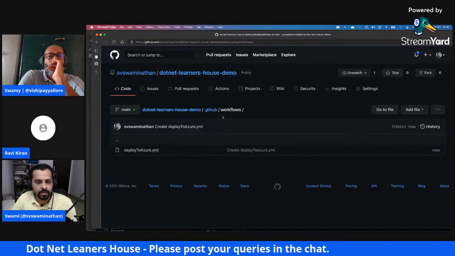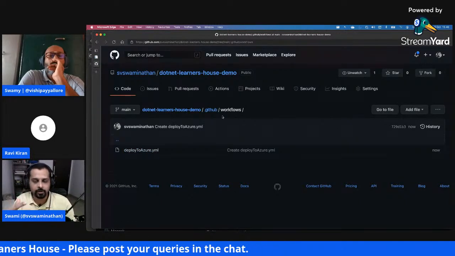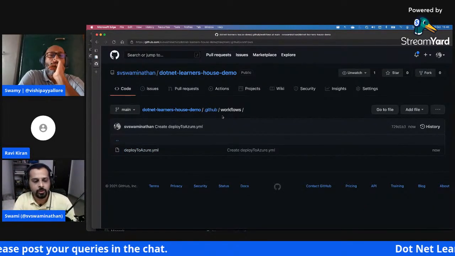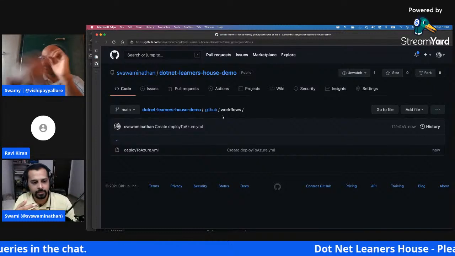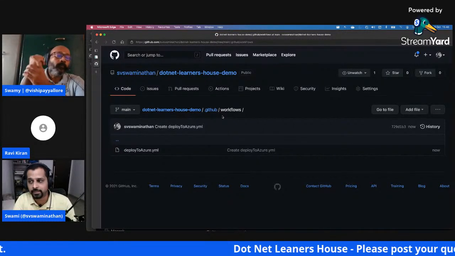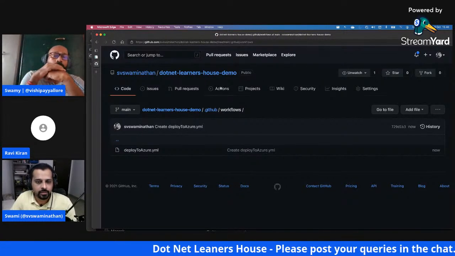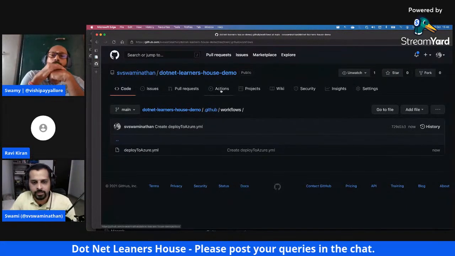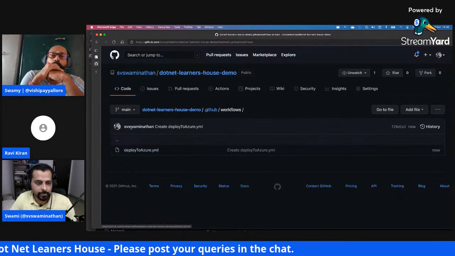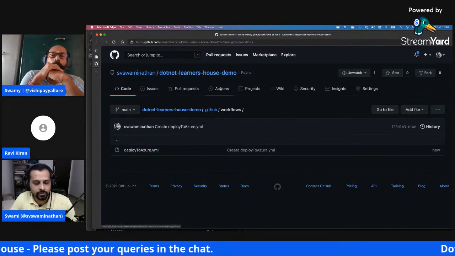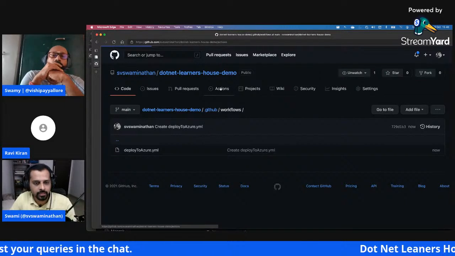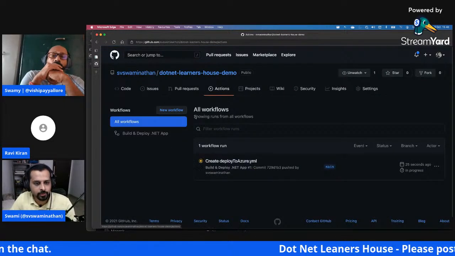This is a workflow, and you can have multiple workflows created per repository. It's not necessary that there has to be only one. You can have multiple workflow files with multiple triggers involved in each one of them, right? So now once it's created, since we have just pushed into the main branch, which we had given as the event, this will automatically trigger this particular workflow.